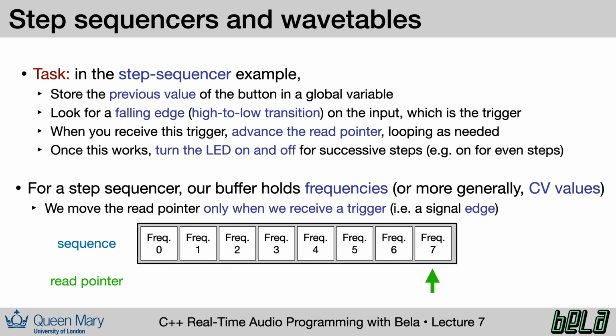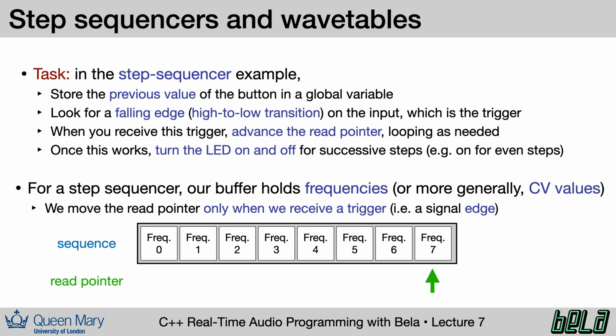So this brings us to our task. In the companion materials, you'll find a code example called Step Sequencer. This example is not complete yet. What you have to do is implement the code inside of Render. There are a couple of challenges here. The first one is dealing with the current and the previous value of the button. You need to use a global variable to cache the previous value of the button so that you can detect